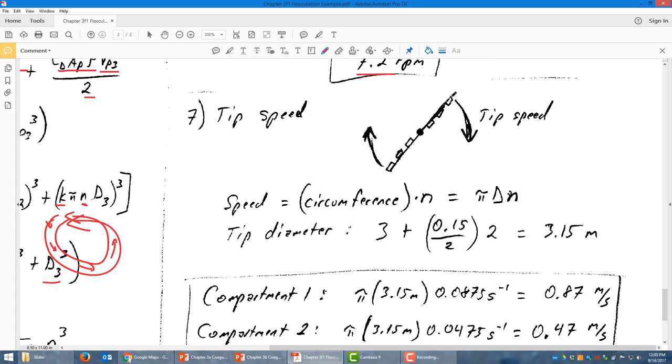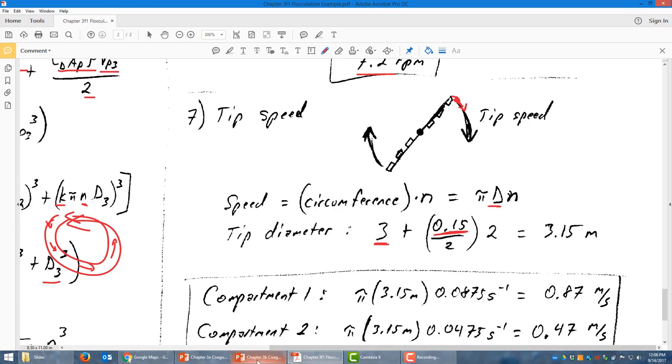And tip speed is essentially what it sounds like. How fast is the very end of the paddle going? The circumference times the rotational speed is the tip speed. It's pi d times n, but in this case d that we have to calculate, it's going to be the diameter. We used 3 for the diameter of the outer paddle, but the paddle width is 0.15 meters,